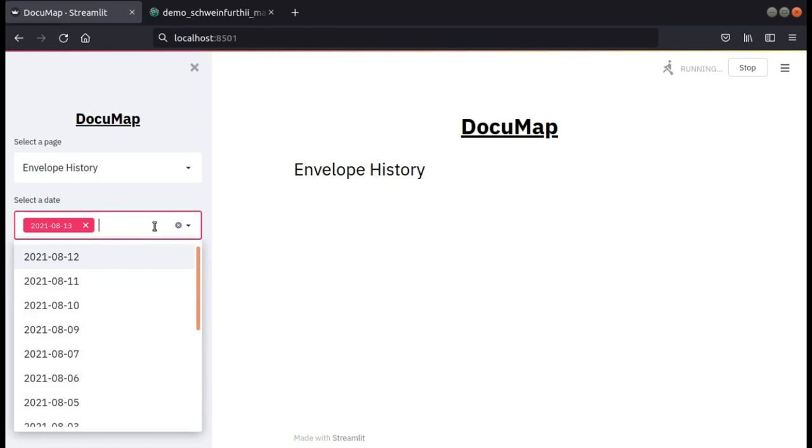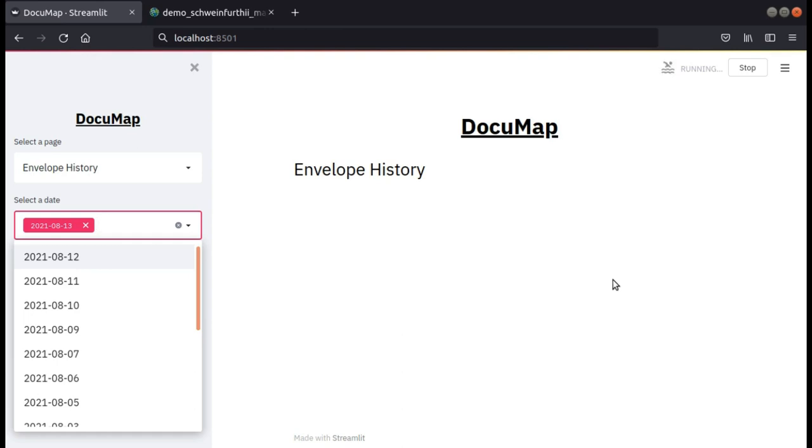This is added just to decrease the load, otherwise it will fetch all the documents generated till now. This way it will be filtered, and only the selected date's envelopes will be showcased here, as these APIs take a little more time to give us the response.